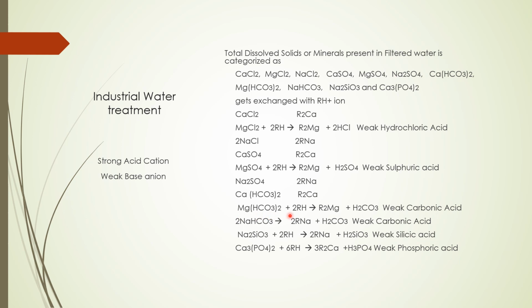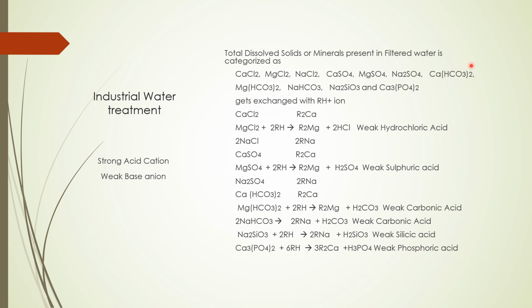Calcium bicarbonate and magnesium bicarbonate react with the resin. Calcium and magnesium will attach to the resin, and weak carbonic acid is formed. Similarly, sodium bicarbonate reacts with the resin to form weak carbonic acid. Normally silica is present in the form of sodium silicate only. That will react with the resin to form H2SiO3, weak silicic acid, and calcium phosphate will get attached to the resin and weak phosphoric acid is